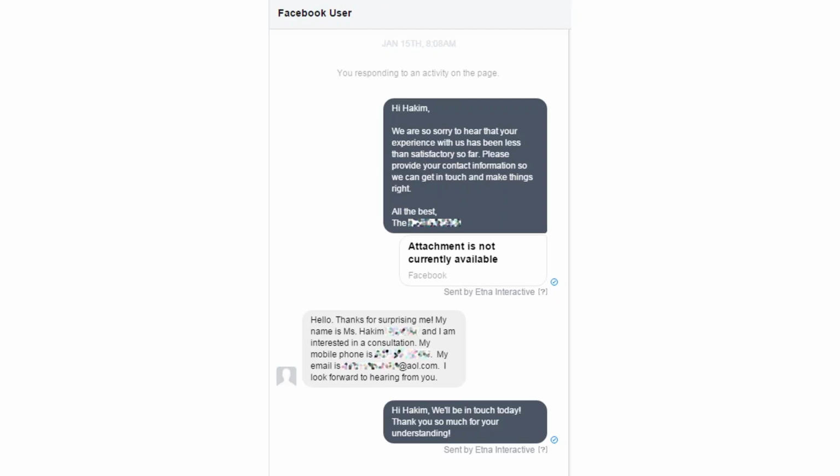And that person who was an enemy of the practice, who left a negative review, just by the simple act of being there to communicate, they've taken down the negative review, and they're now a loyal follower of this practice. They've since come in and had that service that they reported in for in the first place. Now, we've got a couple of great questions coming in about HIPAA, and we're going to get to that in just a moment. But let's just take a moment to sum up, what does this evolution mean for you?